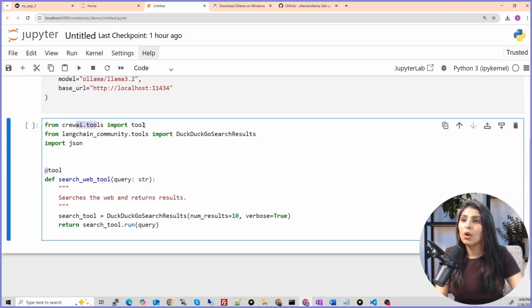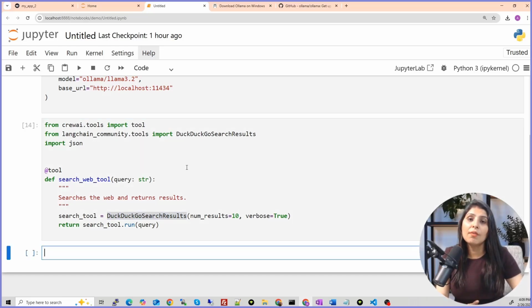From crewai.tools you will import the tools. Then you will import this DuckDuckGo search, and then you will create a function like this, and here we are initializing that tool. And then to run this tool you will write .run, and here the user's query will be written. .run will run the tool, meaning the DuckDuckGo search tool will search the web and fetch the results. So this is the single tool which we are going to use.